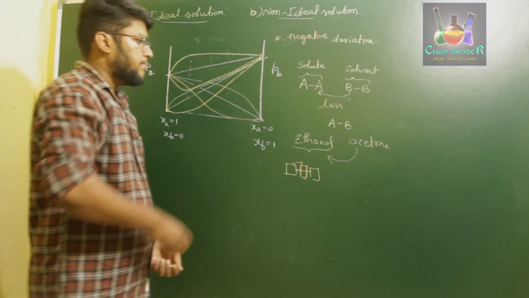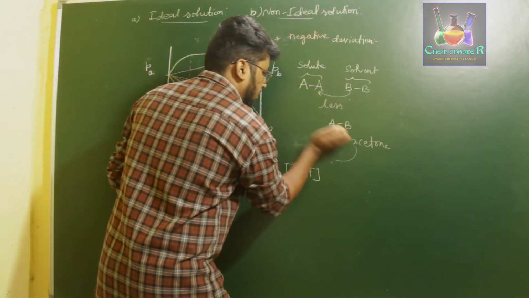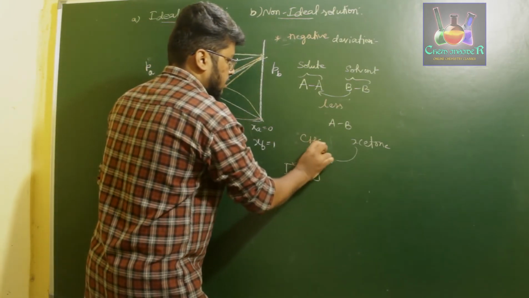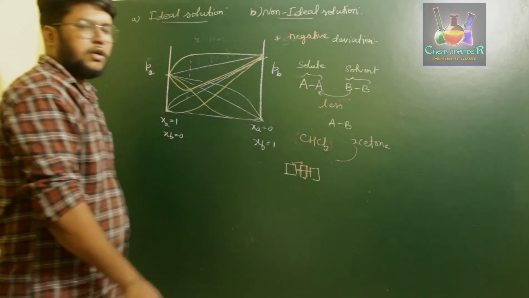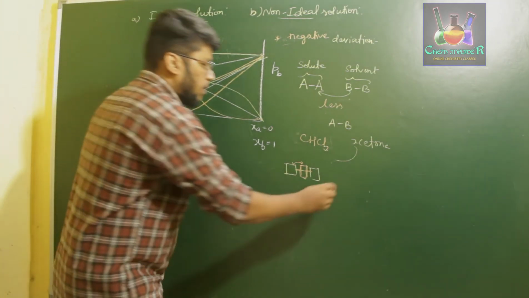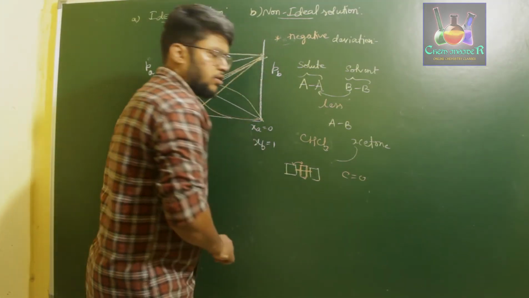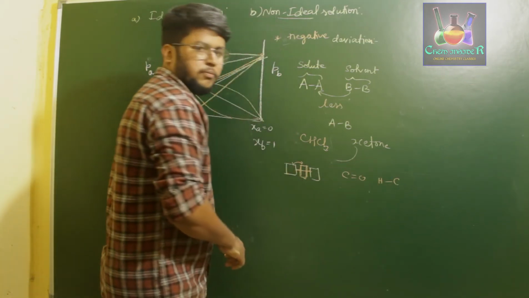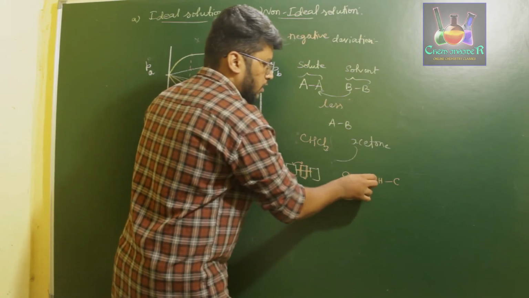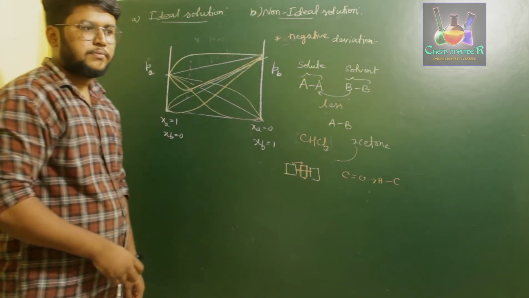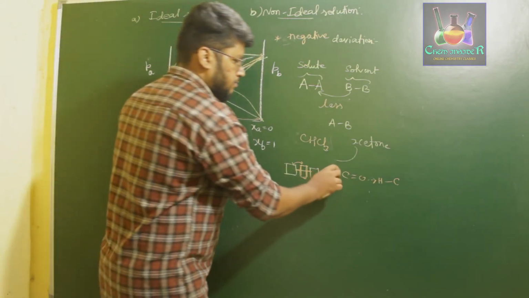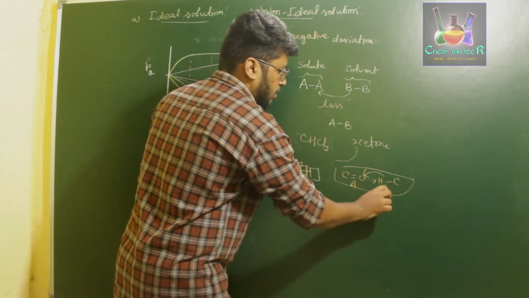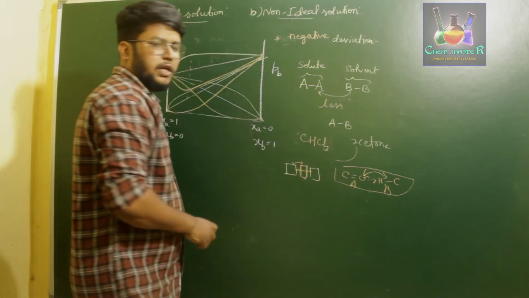For example, if you use the same acetone but you are adding it to chloroform, CHCl3. When you are adding acetone to chloroform, the carbonyl group present on the acetone tries to interact with the hydrogen of chloroform. So therefore we observe hydrogen bonding. Since we observe hydrogen bonding, this is nothing but the AB interaction. If this is A and this is B, this is the AB interaction.